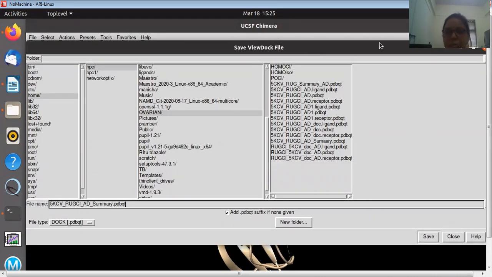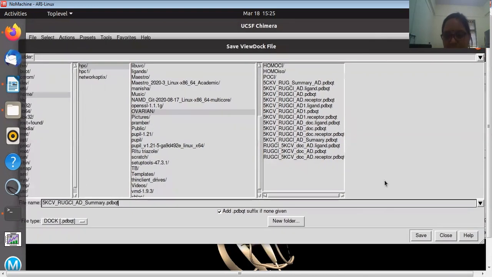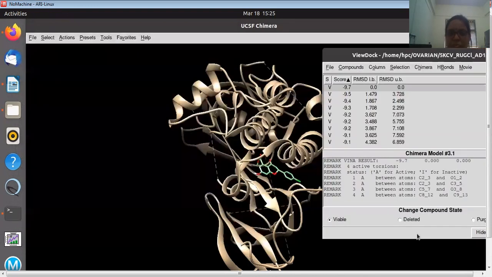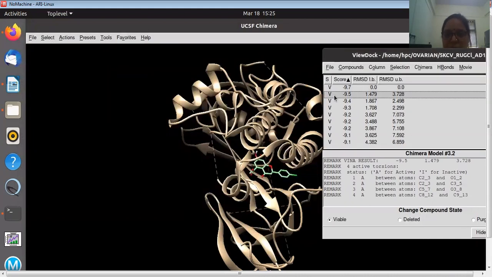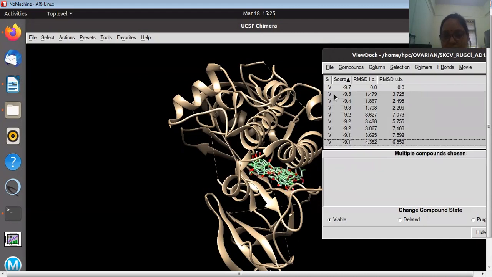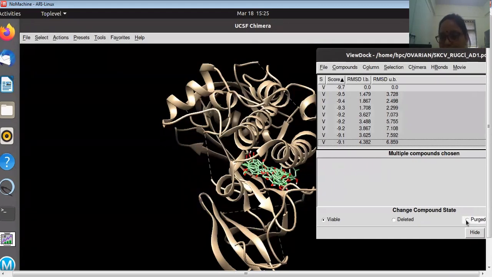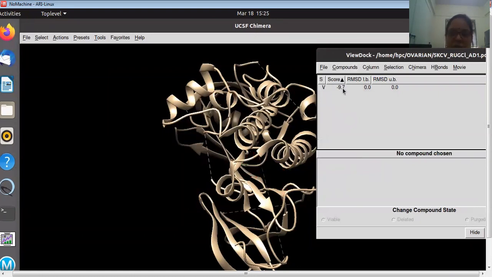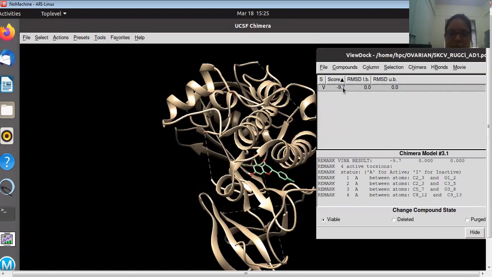I will not do it because I have already done it. Okay, save. So this is your saved docking score. Next step, select the text one, press shift and go down button. You will select all the ligands, because you don't need to save all the ligands which are docked, and click first. So now this is the ligand which has remained over here.